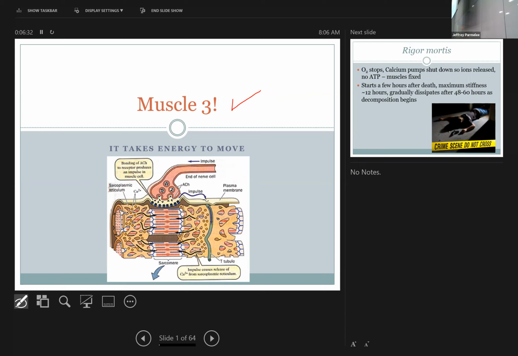Yeah, cool. And then when you're done contracting, when I'm done and I'm going to rest after my workout, calcium is sucked away from all this. The calcium is all pumped into the sarcoplasmic reticulum and stored, ready for the next time. And when calcium is put away, that rope covers over those sticky sites, and this thing is just floating in the wind. It can't attach anymore. So calcium washed over it is going to cause muscle contraction. Then you suck the calcium back, and it's going to cause the muscle to stop